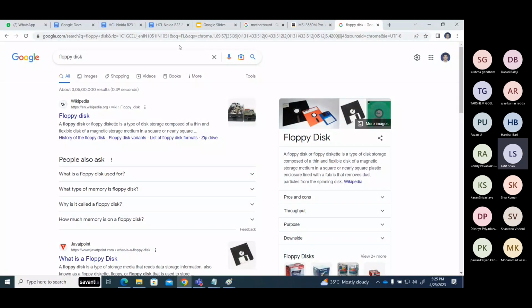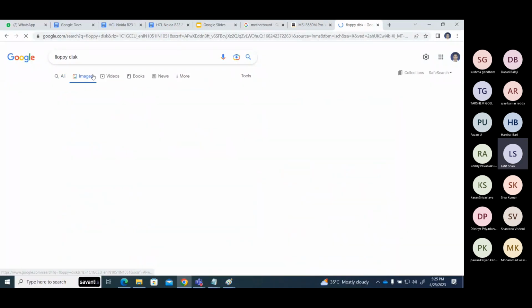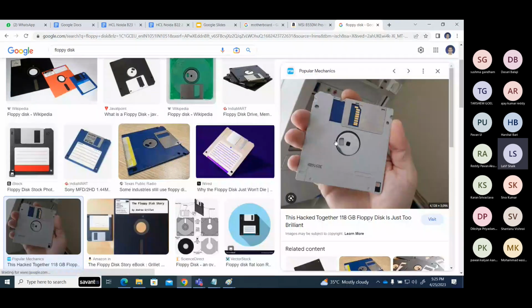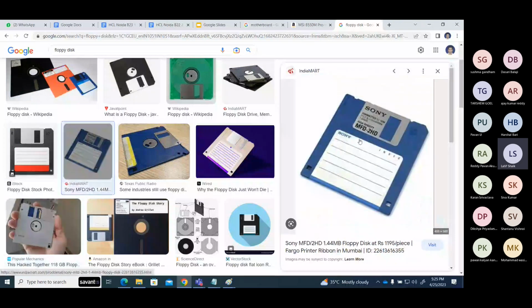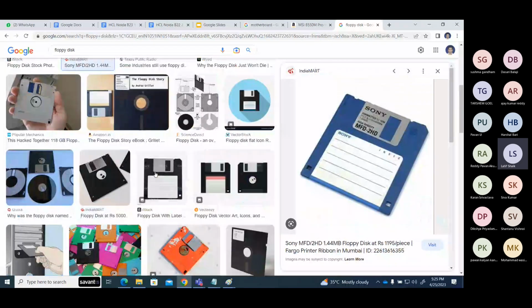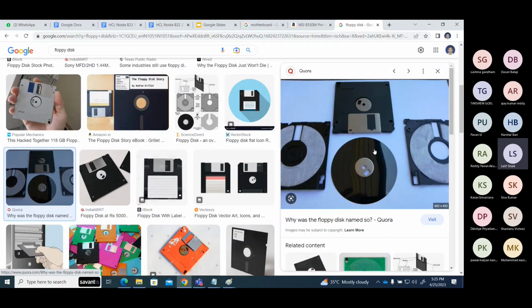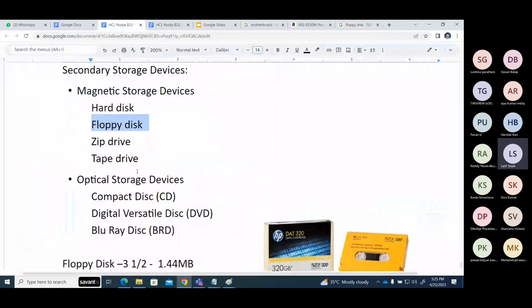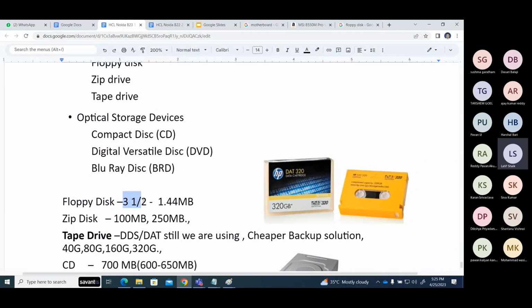Yeah, floppy disk. There are small-size and big-size floppy disks. This is not a floppy disk, something else it is showing. This looks like a floppy disk. Inside of this floppy disk, there is a magnetic coated sheet. The data is stored in this sheet only. The highest size of floppy disk, the 3.5-inch floppy disk, is